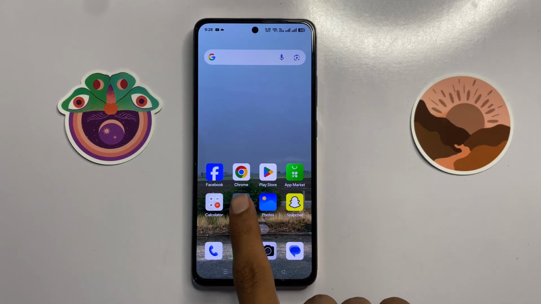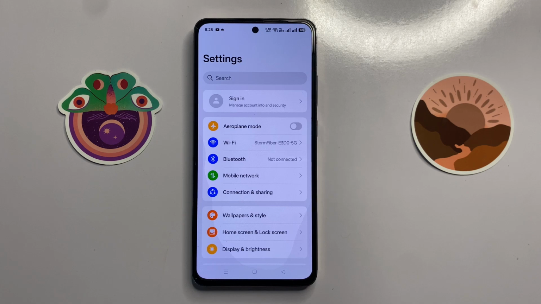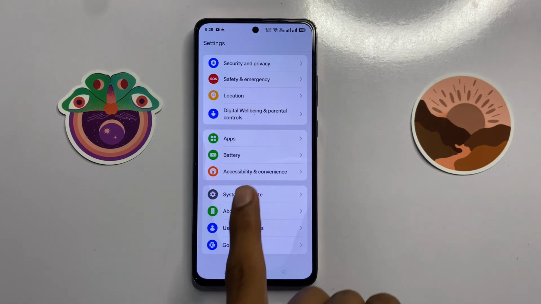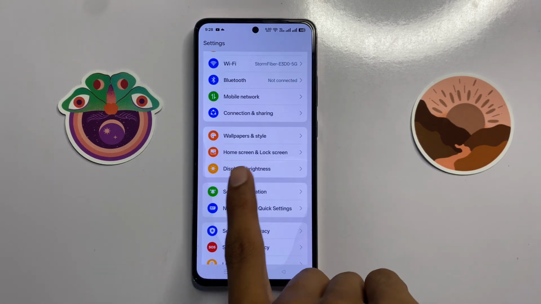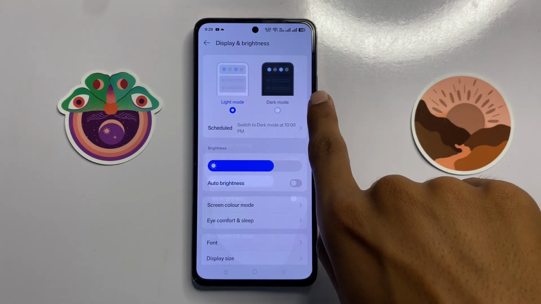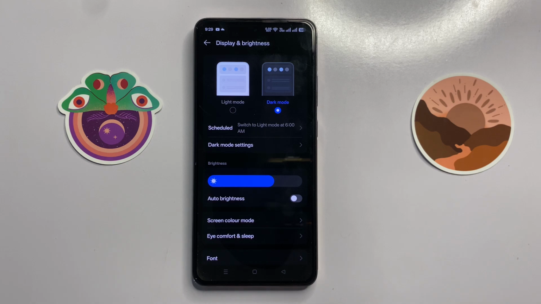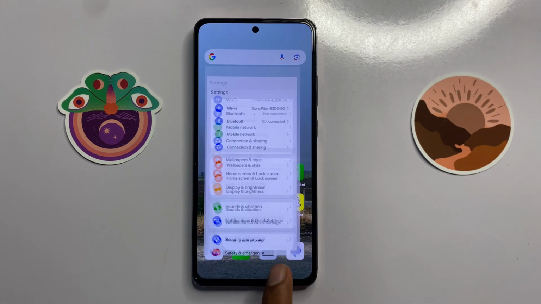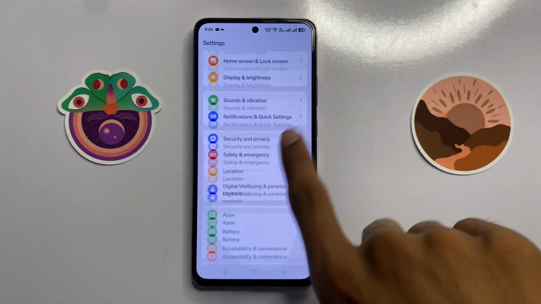open settings. In settings, scroll down and here you can see the option display and brightness. Now click on it and then click on dark mode. If you turn on your dark mode, then turn it off. After turning off your dark mode, go back to the main page of your settings and scroll down and